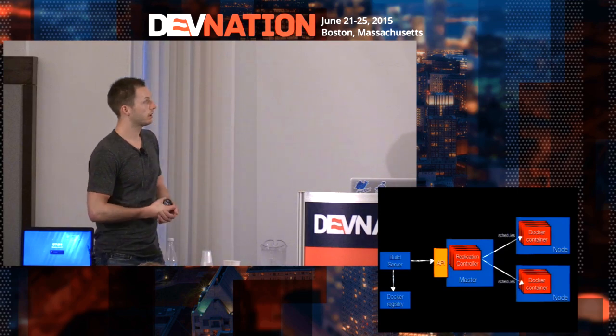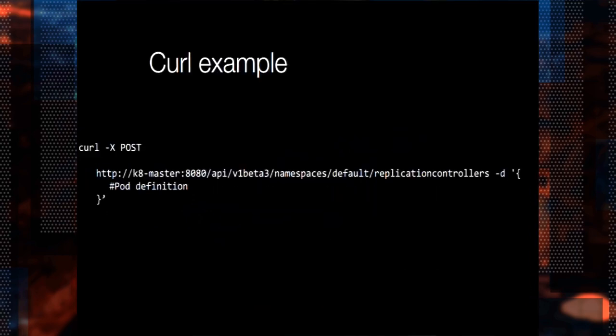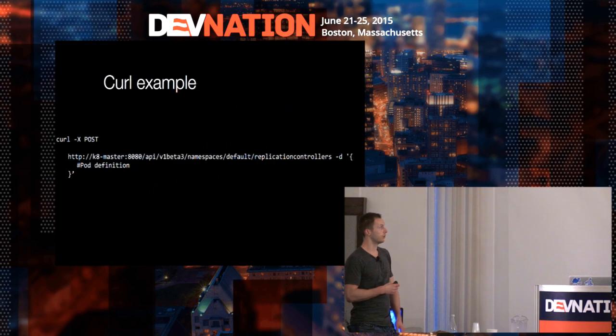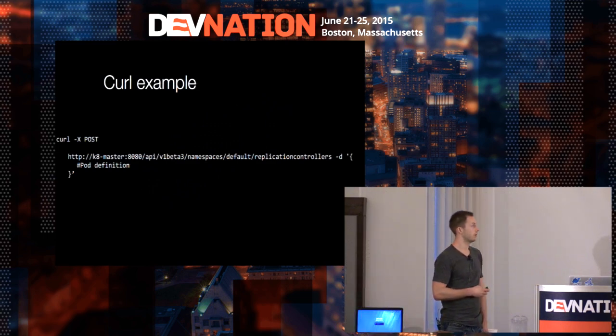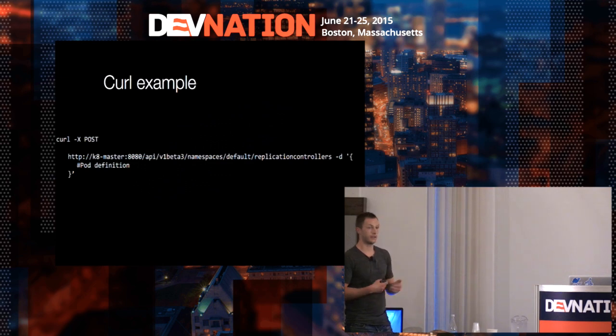So the picture starts looking like this. We have our build server. The build server also takes care of pushing our containers to the registry, and then just invokes the API over HTTP, and the rest of the story looks similar as before. The command looks a bit long, but actually this is just a very simple curl where we invoke the API. We see it's just all HTTP. And in the JSON that I left out here, you just have the replication controller definition as I've shown previously.